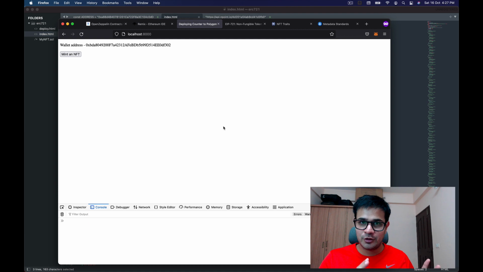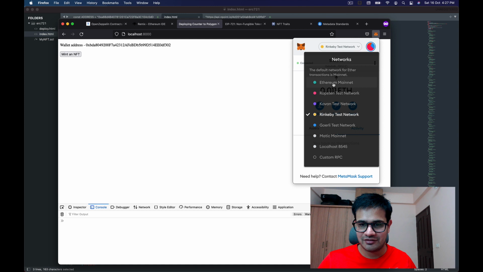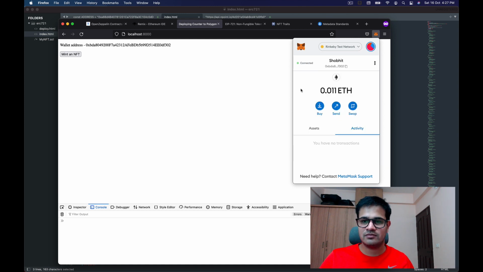Side note, while trying to get the NFT to show up on OpenSea, there was a small problem. OpenSea only works with the Rinkeby test network, and I was doing everything on the Ropsten test network. So I've just received some Rinkeby test network tokens, and I'm going to do everything on the Rinkeby network and then start the video again.